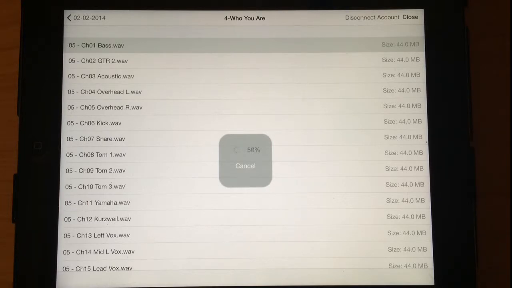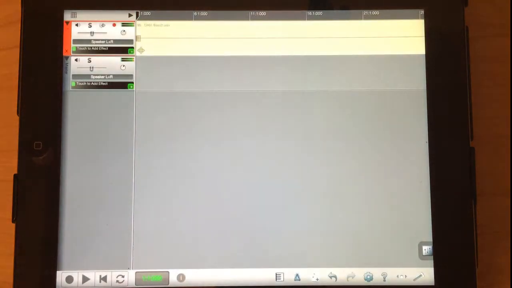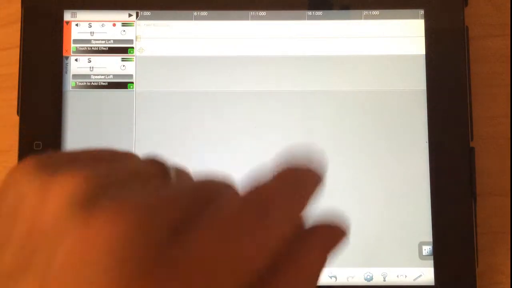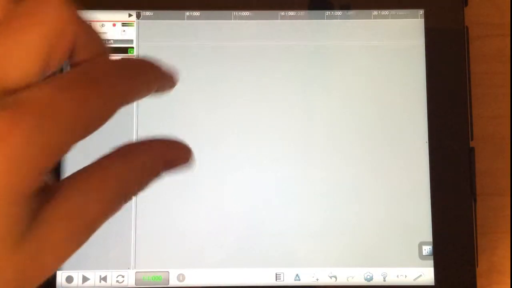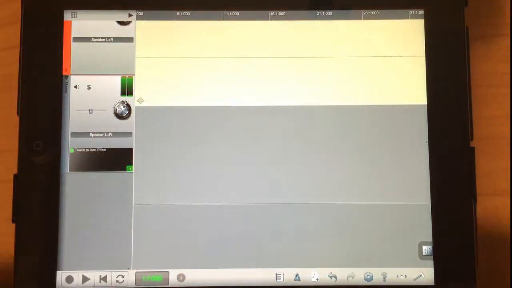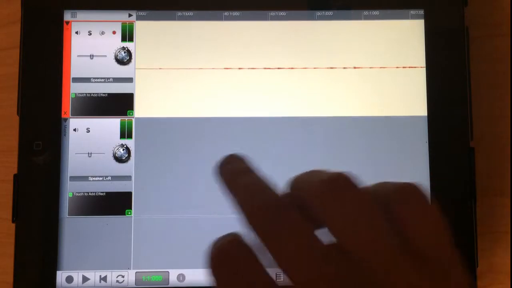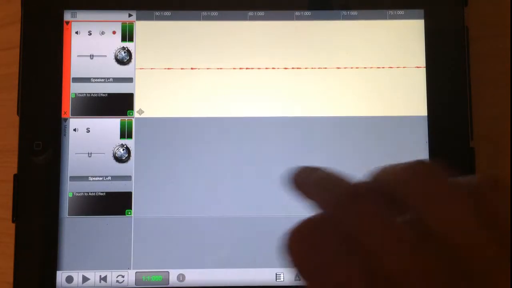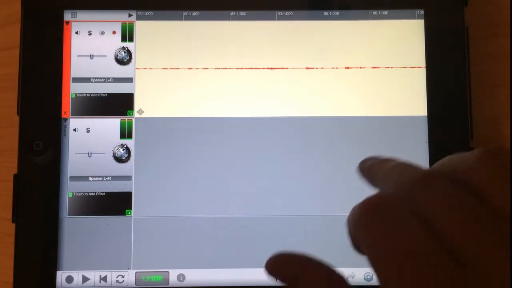But what I would recommend you doing is download the files, make a mix of what you like, and then export it as an MP3 or a smaller version of the file. So there is that right there. And what I did, I just put my fingers and made it bigger. And you start to see, okay, here's some action right here with that audio file. It's not very loud,